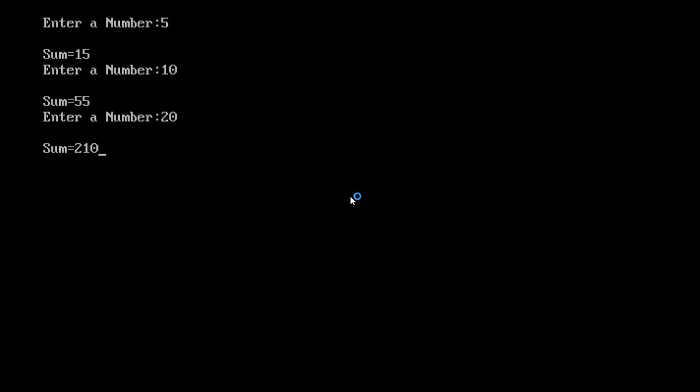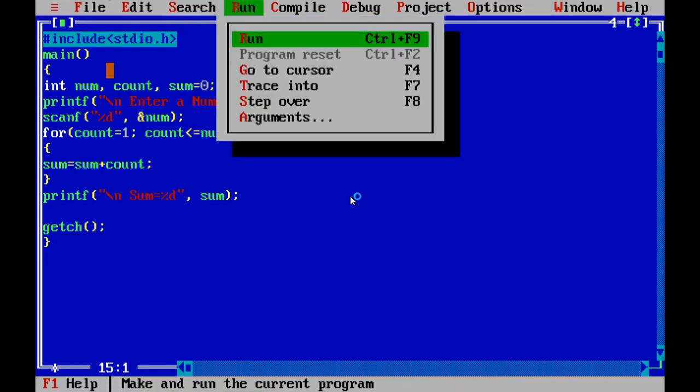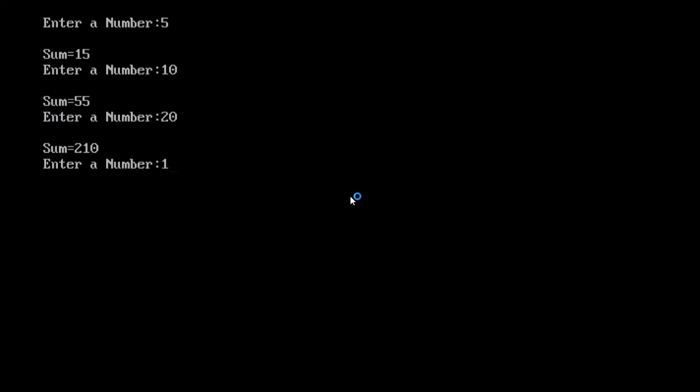The resultant value is 210. Again we will run. I want to add the first 100 numbers, 5050. This is the answer. By using the for loop, we are calculating the sum of first n natural numbers.